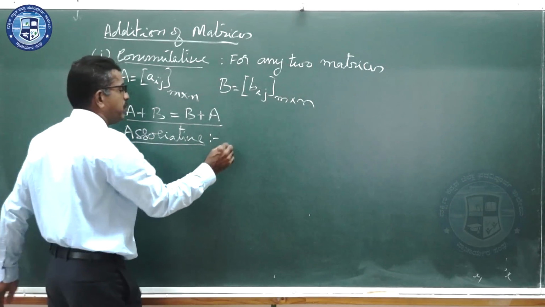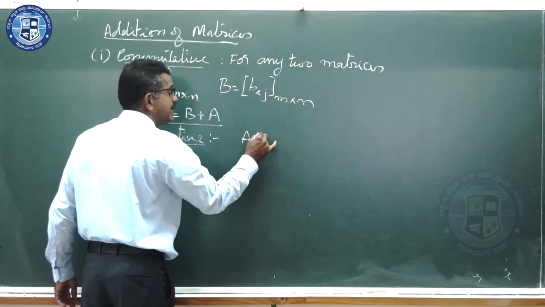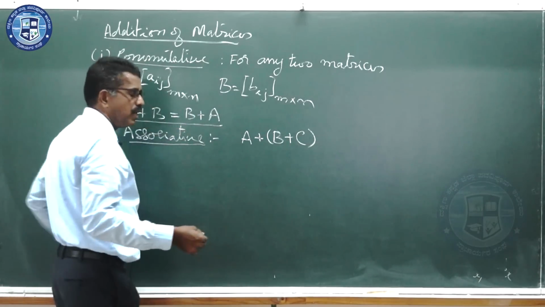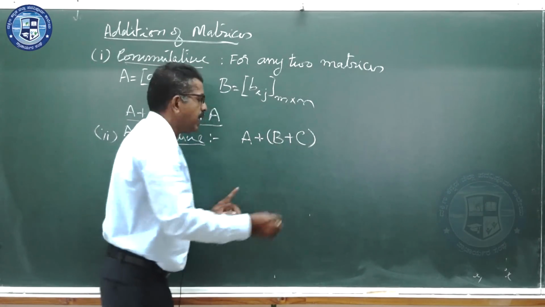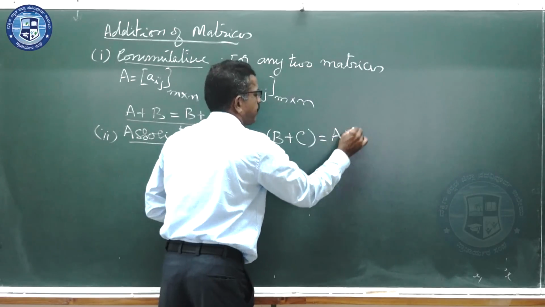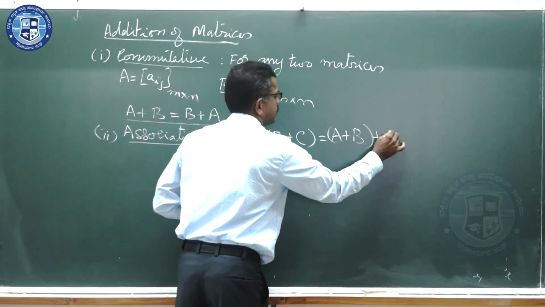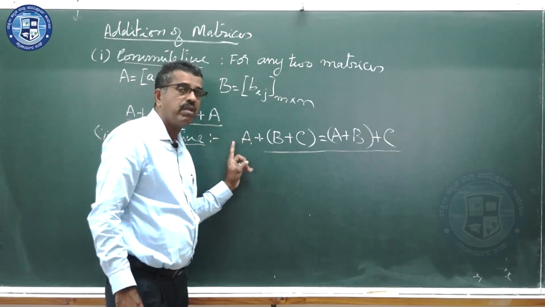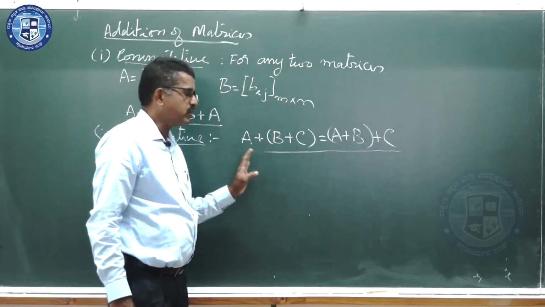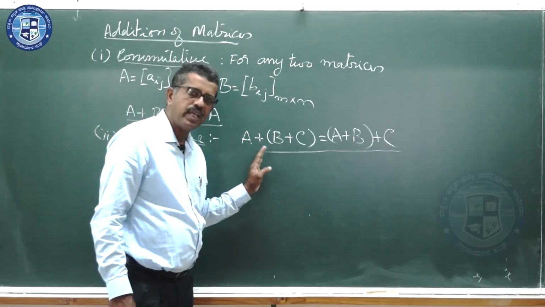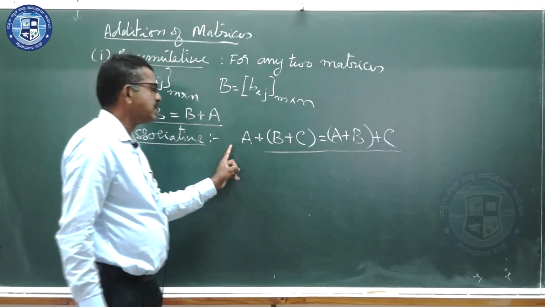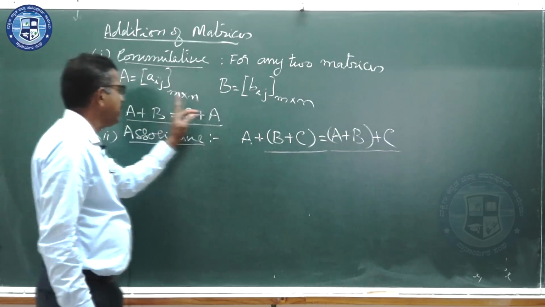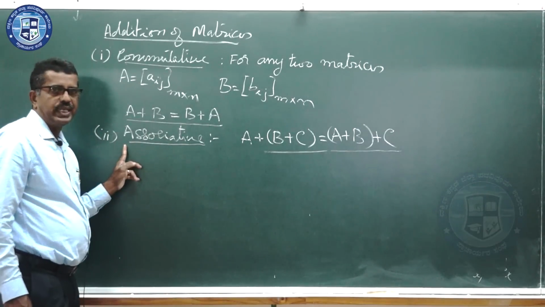Matrix addition is associative because whenever you add three matrices like A, B and C, A plus B plus C, if it is same as A plus B plus C, and this would be true for any three matrices which are eligible for addition of matrices. You know the condition for adding matrices, matrices must be of same order. So we have A plus B plus C will be same as A plus B plus C, no doubt about it. That's why we simply call matrix addition is associative.